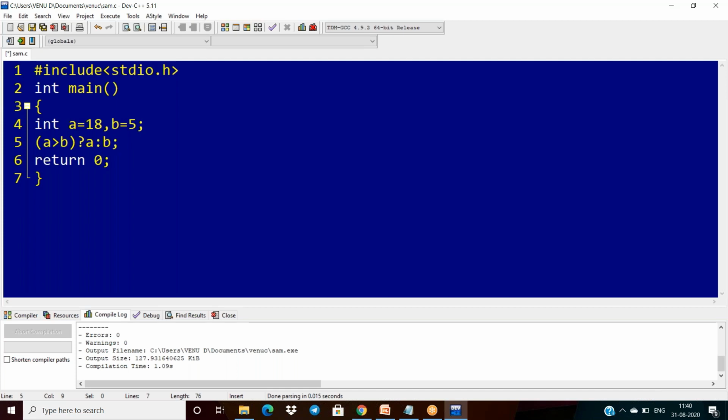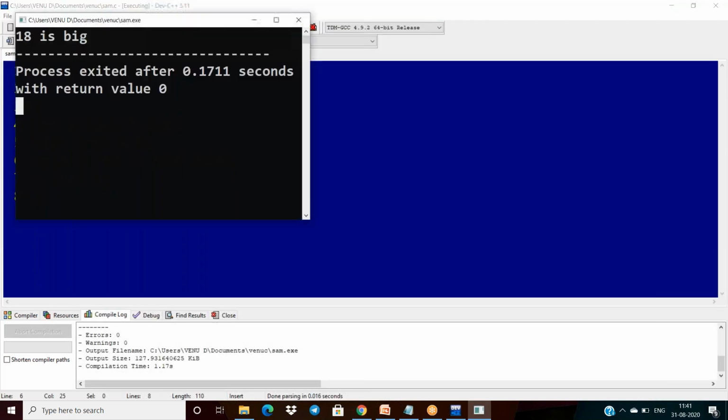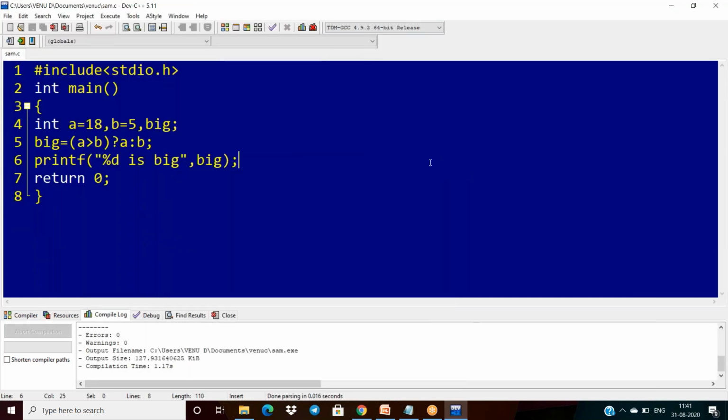I take one more variable called big and assign the result to it. Now print the big number: printf("%d is big", big). What is the output? 18 is big.